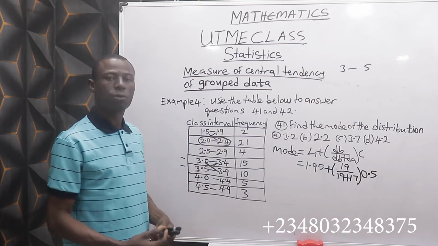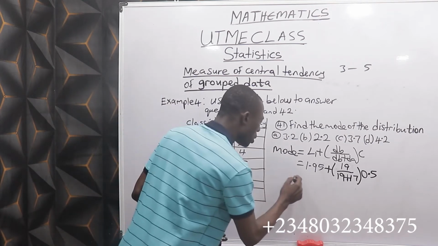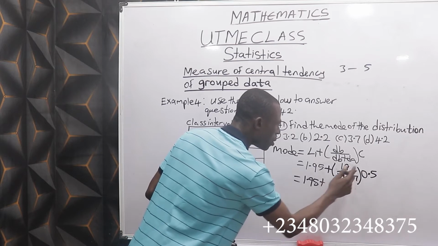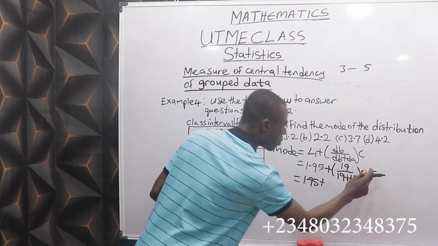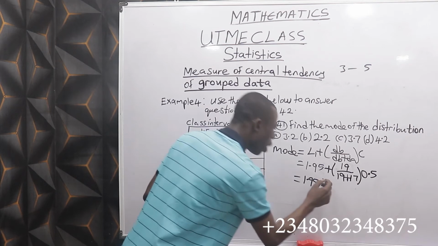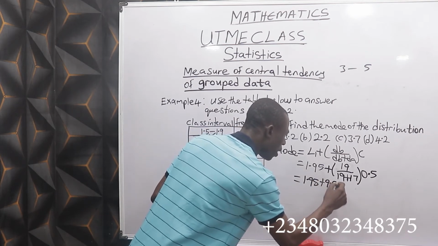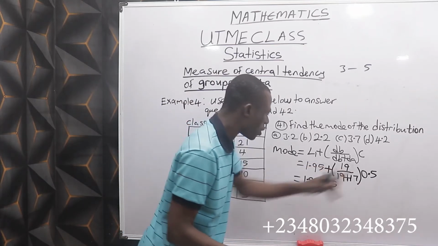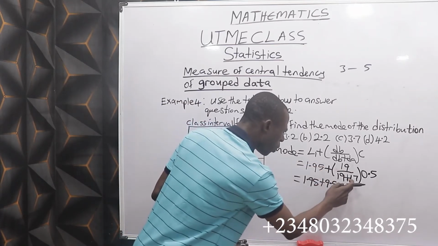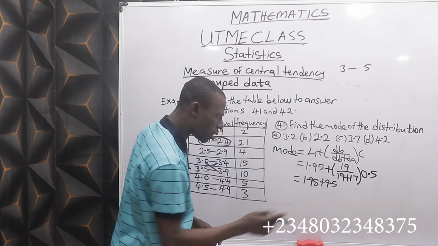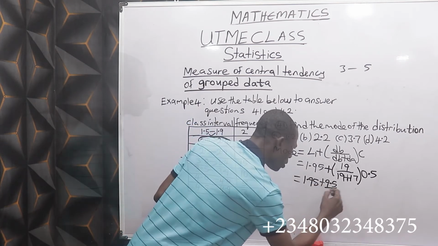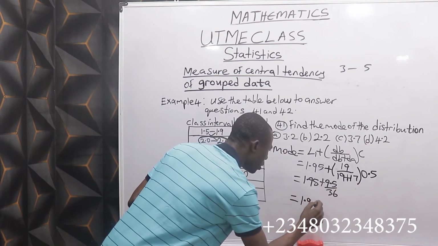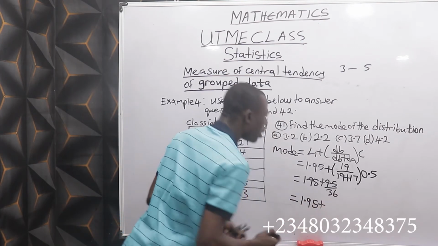So this is what you have to compute, and it will be 1.95 plus this 19 times 0.5. That will be 9.5. Half of 19 will be the result. 19 times 0.5. Now, 19 plus 17, that is 36. So, which is equal to 1.95 plus